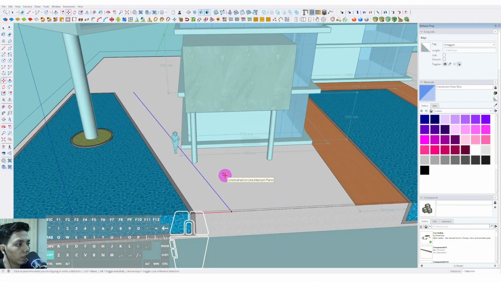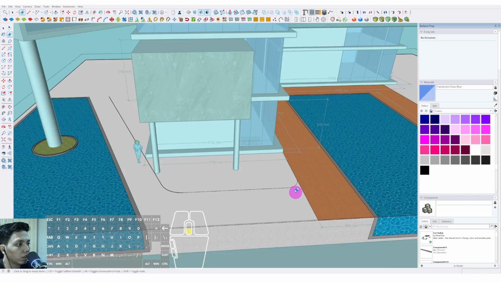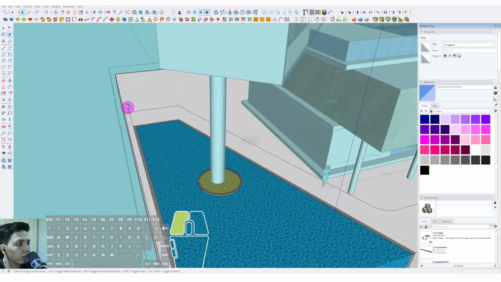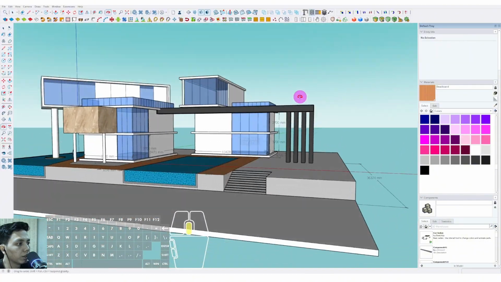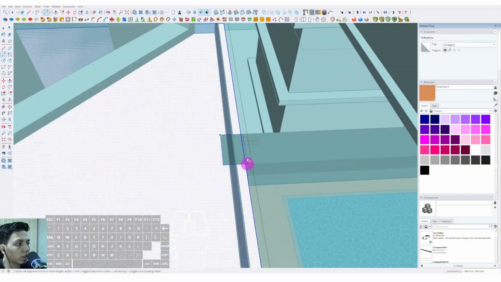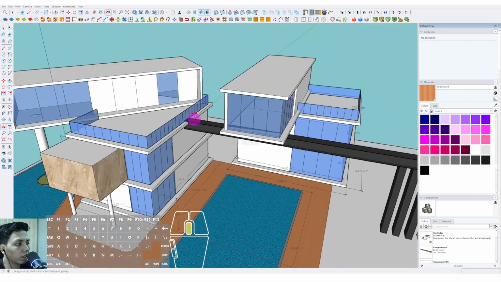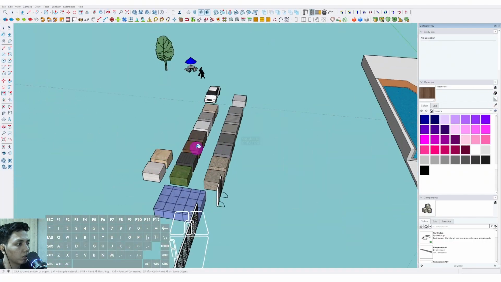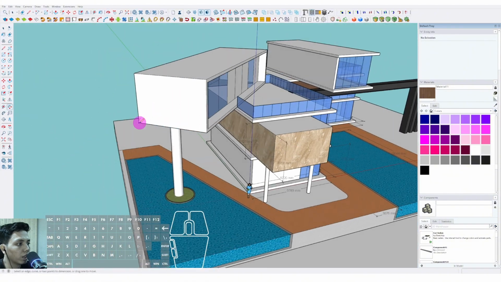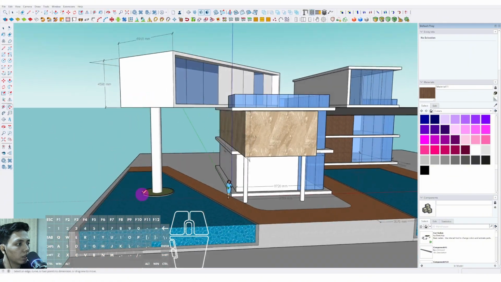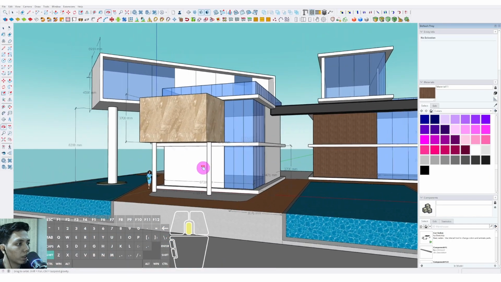Okay, and then I also explore more of the additional landscape in here, like greenery or a combination between the greenery and also the pool deck system in here. Okay, and after that I look at the simple connection concept in here between the steel and also the concrete, and I add several dimensions of the current progress